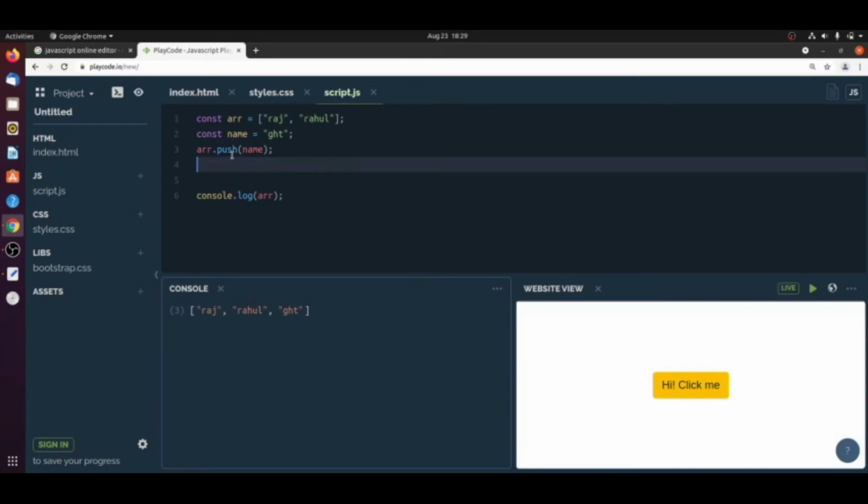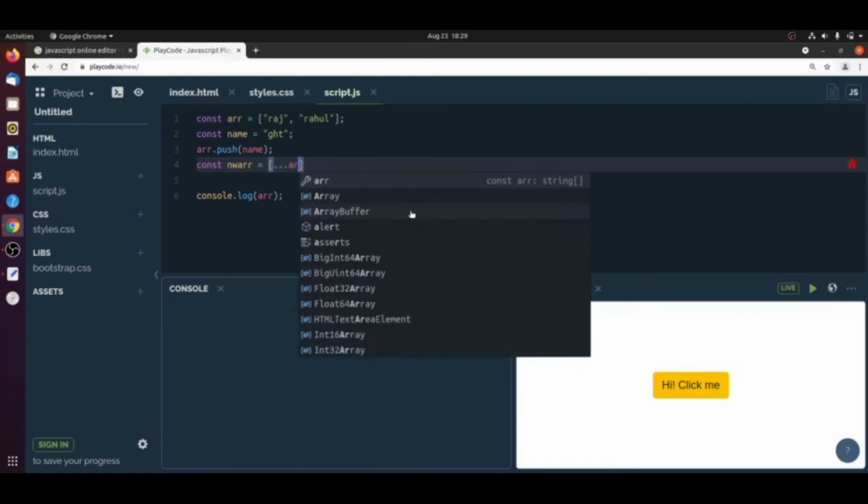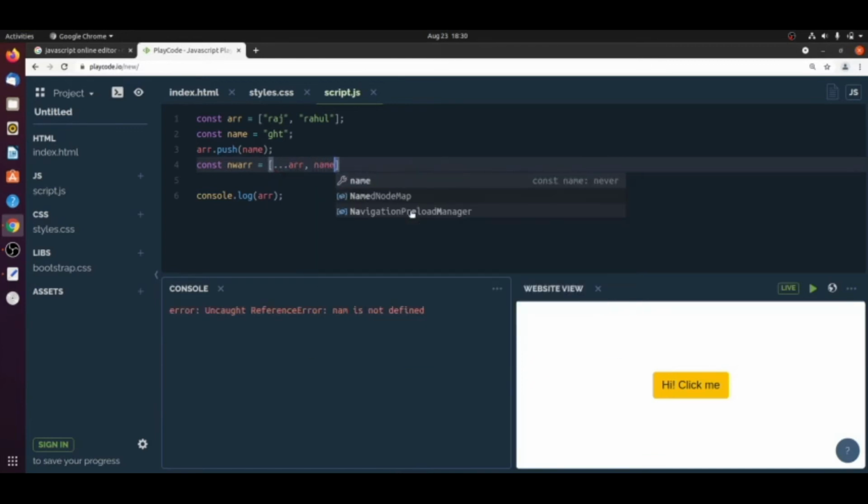Instead of using this push method, we can also use the same spread syntax, like this, and your name.